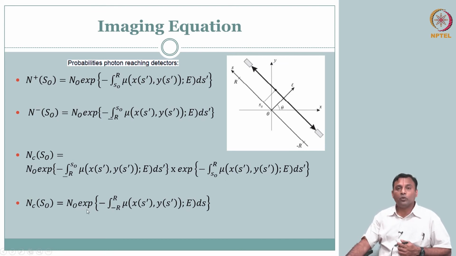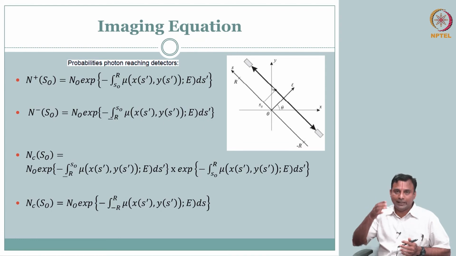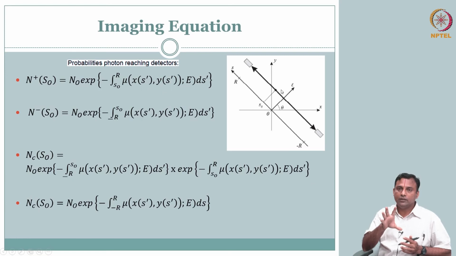Okay, so this is what we are. So what is our real objective? Our objective is not just N naught. This is the probability with which you are going to get the activity detected. Our interest is, the detector is measuring this radioactivity. So you are catching this activity over time. That is, you are integrating whatever the source is giving out, these photons, you are catching those photons over time. That is your detector's job.